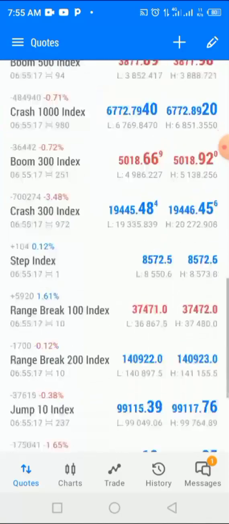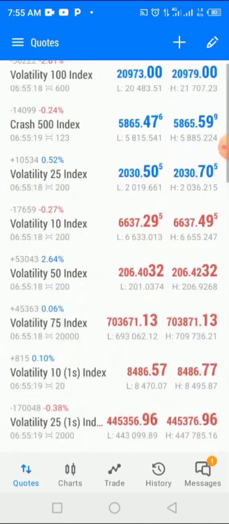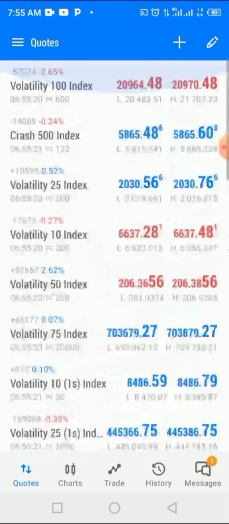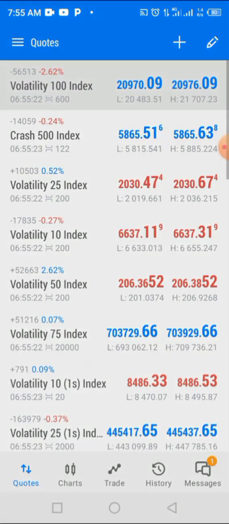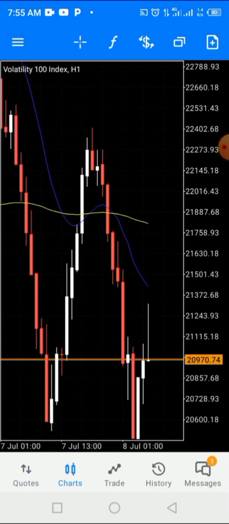I saw a very nice trend. Okay, let's go to 100, for example. Okay, see 100 now. This is 1 hour. You see, assuming you saw this kind of trend after doing analysis, for example. Let me just do the first thing you do, analysis first, so that you know the direction of the market. You can say after doing your analysis,